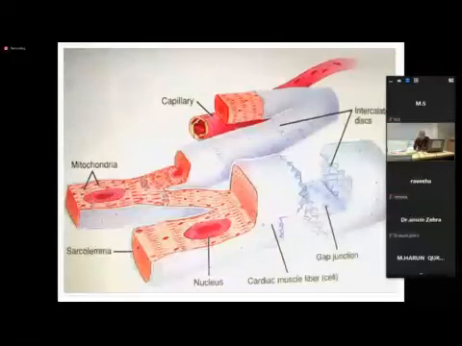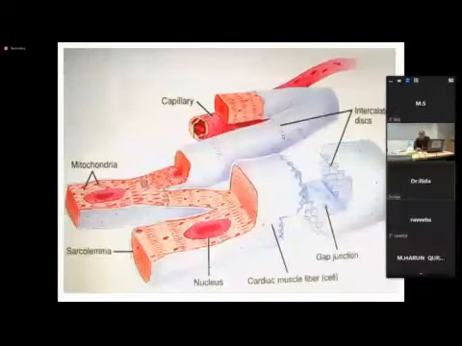So the cell membrane of a myocardial fiber, also called a myocyte, is fused with the cell membrane of the adjacent myocardial fiber, on the right side, left side, above, and below, at the site called the